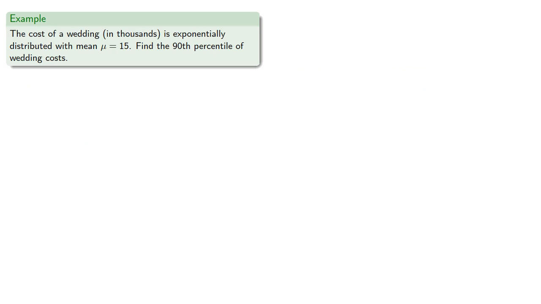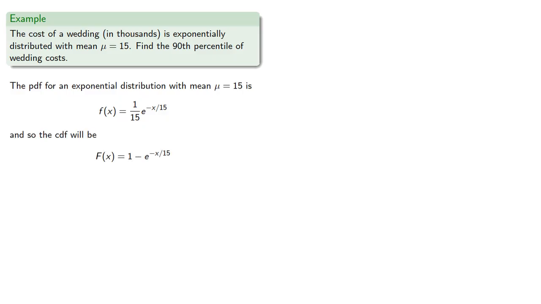Or, for example, the cost of a wedding is exponentially distributed with mean of 15. Let's find the 90th percentile of wedding costs. So the PDF for an exponential distribution with mean 15 is, and so the CDF will be, the 90th percentile will solve the equation. The probability is 0.9, 90%, and so we find